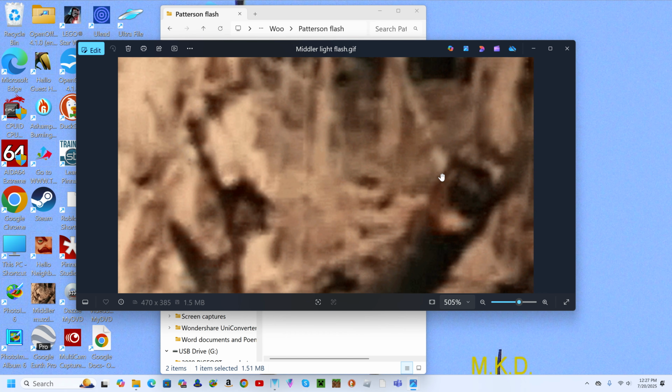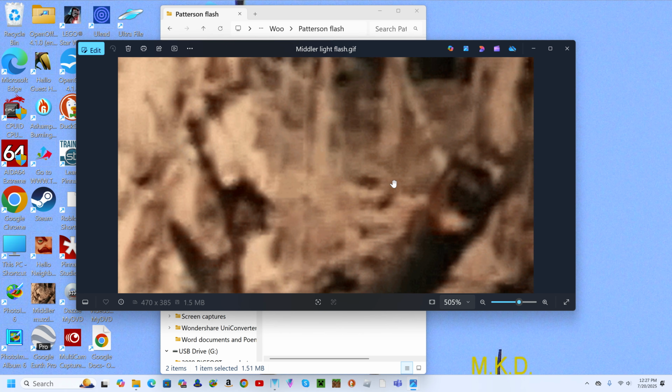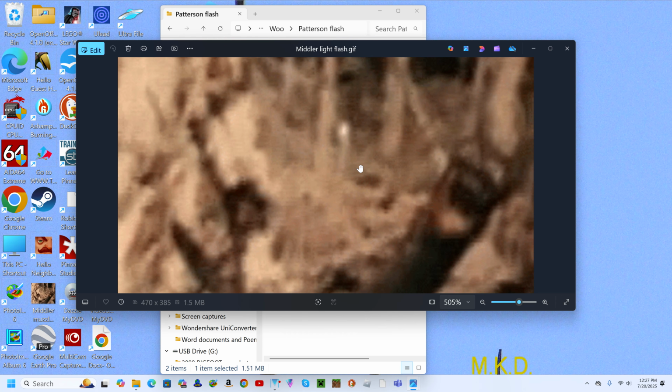Some people said, when I first found this, well, that's nothing but a piece of film missing. But Kodak said, no, that's not what that is, because it's on 2 frames. And it grows in between.